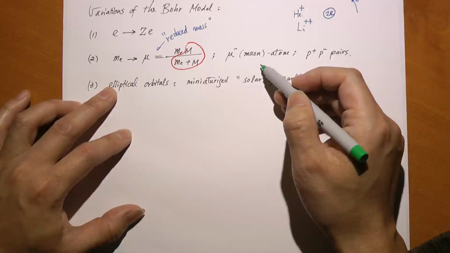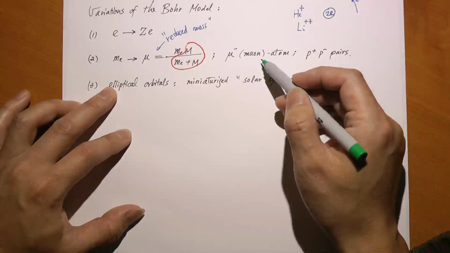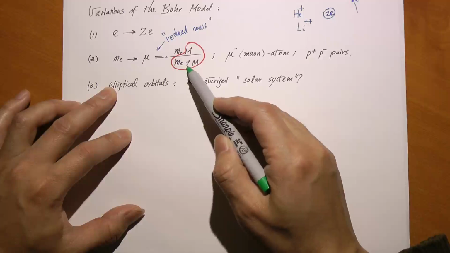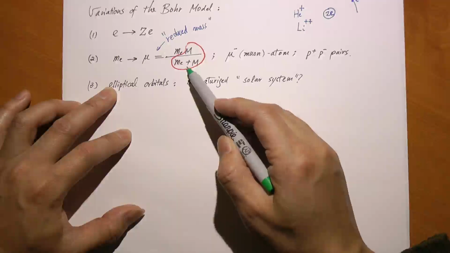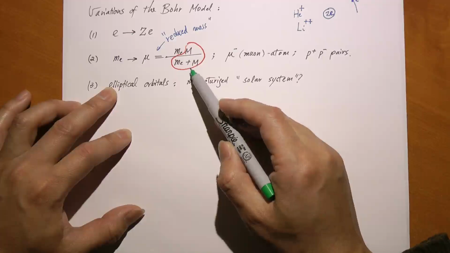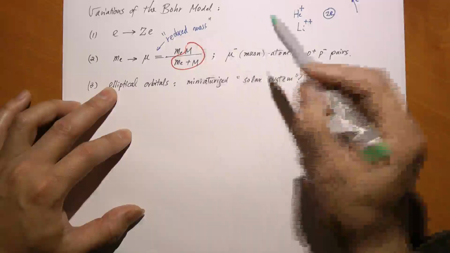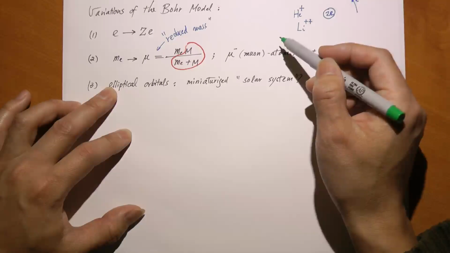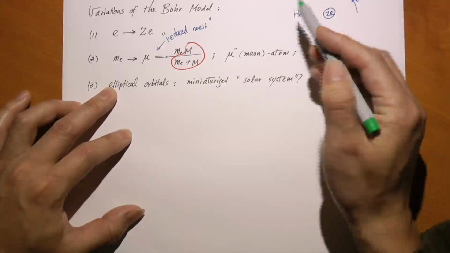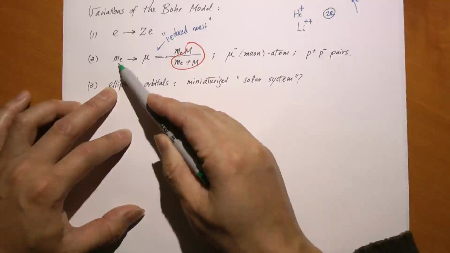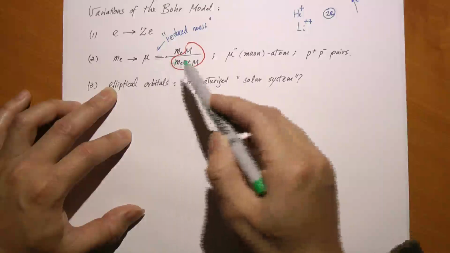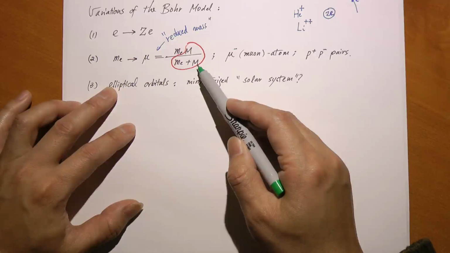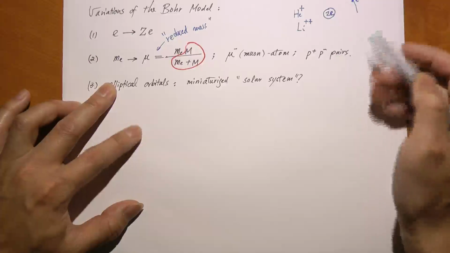It's got about 206 times the mass of the electron. So instead of 1 over 1840, you get 206 over 1840. That is not that small anymore, right? So when you look at a muon atom, so to speak, consisting of a muon and a proton, you must use the reduced mass mu instead of the mass of the muon, because the correction is not that small anymore. And better yet, we can also imagine a case where a positron and an electron revolve around